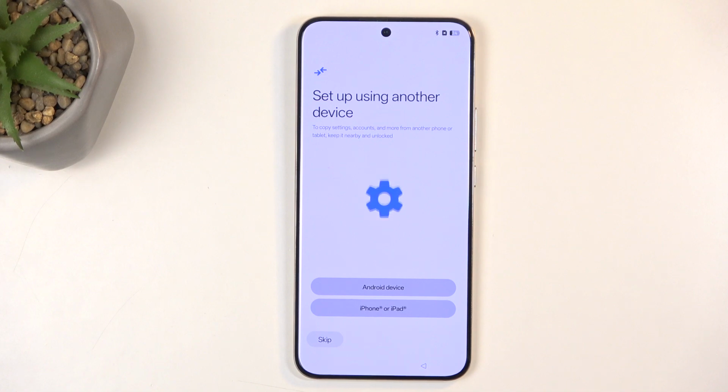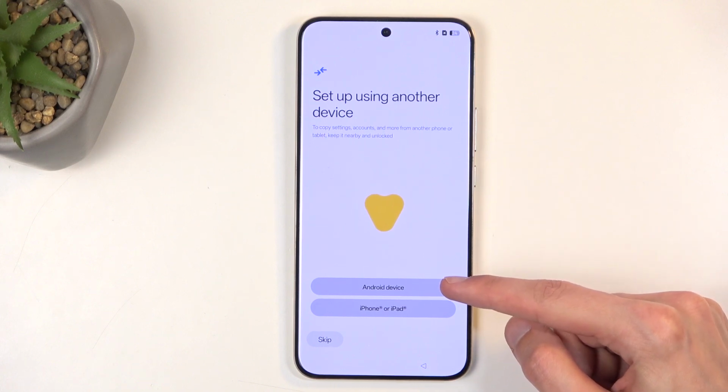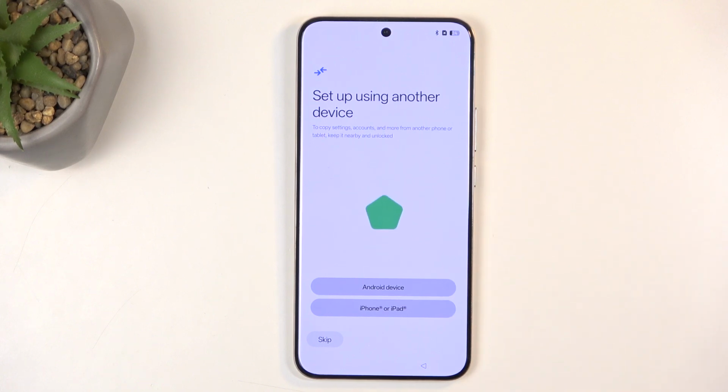This is an option that you can utilize if you have an old Android. You can then just kind of go through this. You would then select if your old device is either an Android phone or an iPhone or iPad, and it would allow you to transfer over all the contacts, messages, applications, and also photos, videos, stuff like that. So basically clone over everything to your new device. Now I'm going to be setting this device up as a new one, so I'm just going to select skip right here,